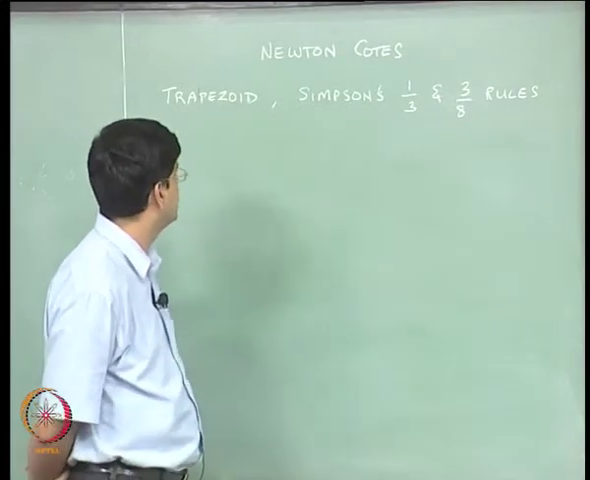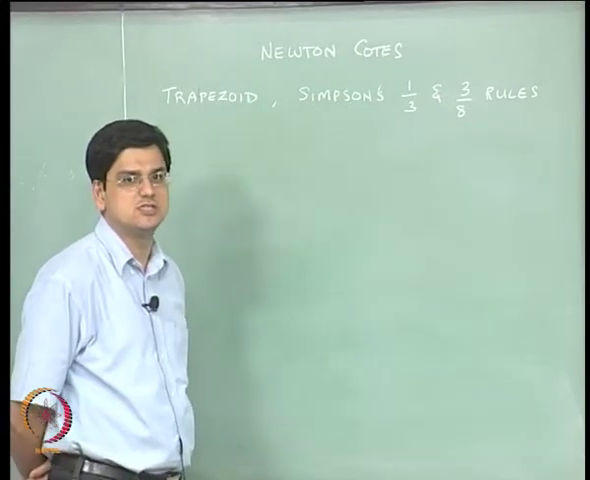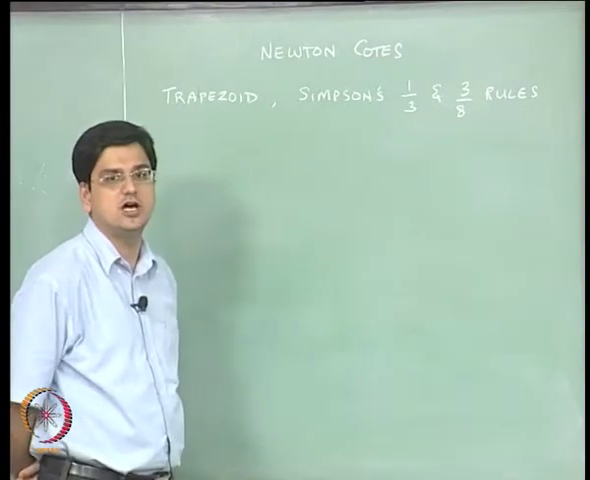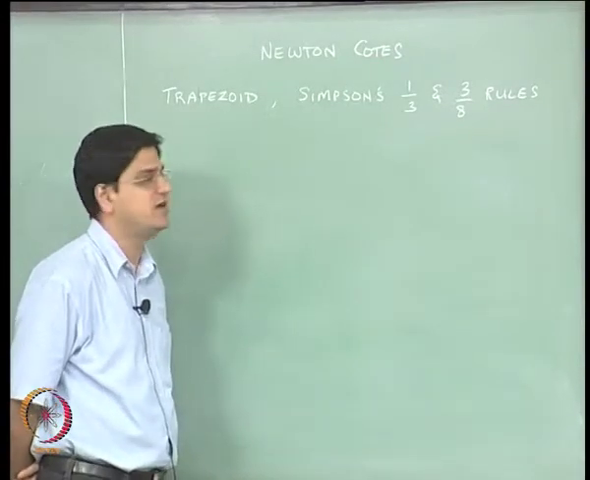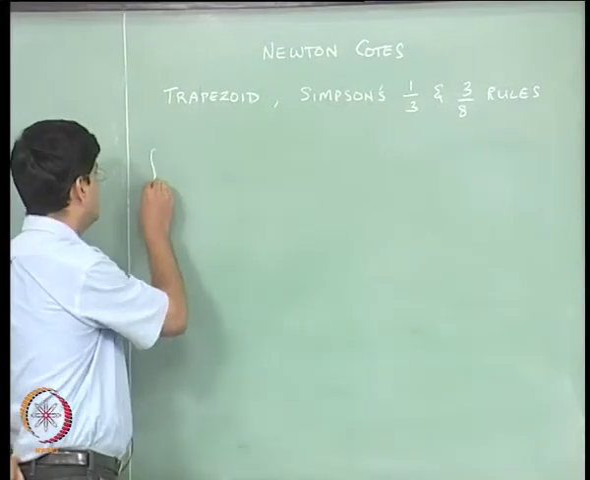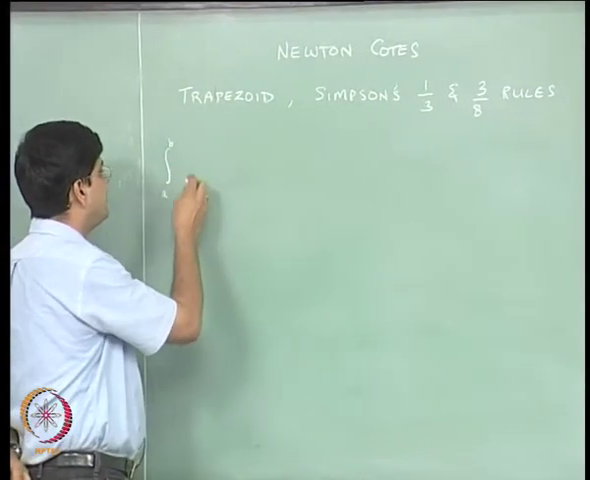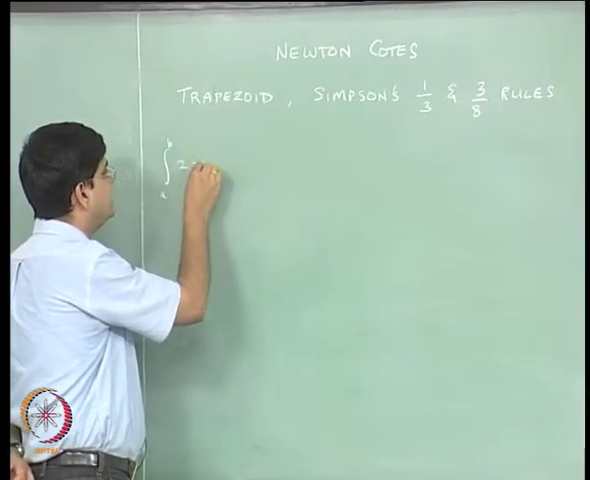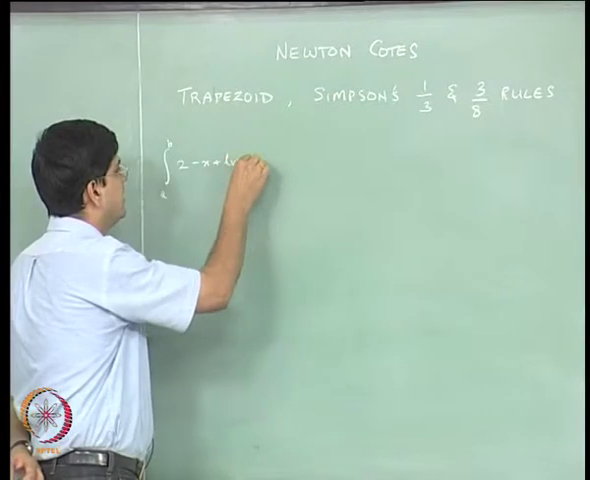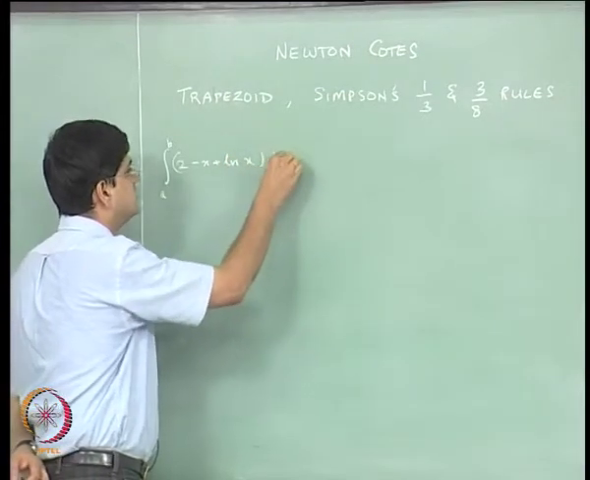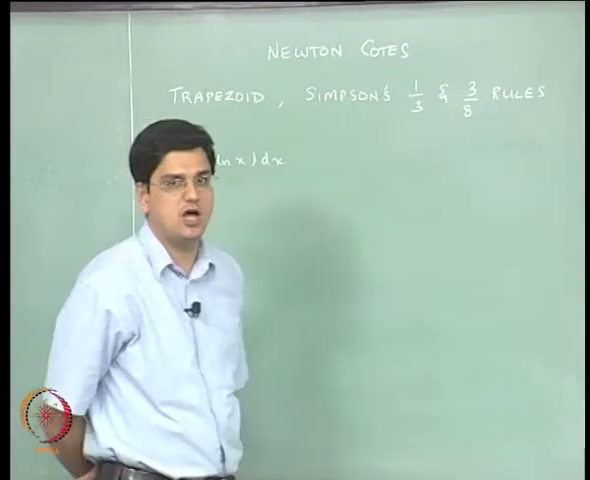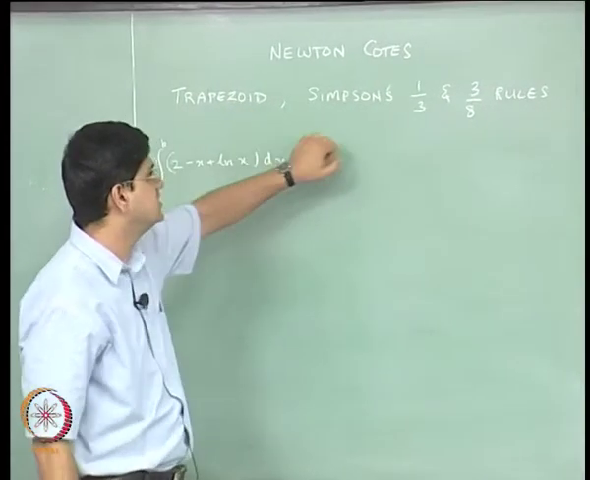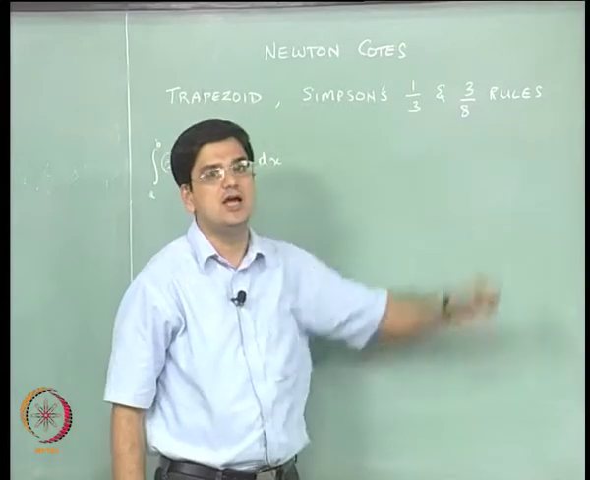After going over the derivation for trapezoidal rule, Simpson's 1/3 and 3/8 rule, what we did was used Microsoft Excel to find the integral from a to b. I think we did it from 1 to 2, if I am not mistaken, of 2 minus x plus ln x dx. That integration we did, and we used basically the trapezoidal method, the Simpson's 1/3 rule and the Simpson